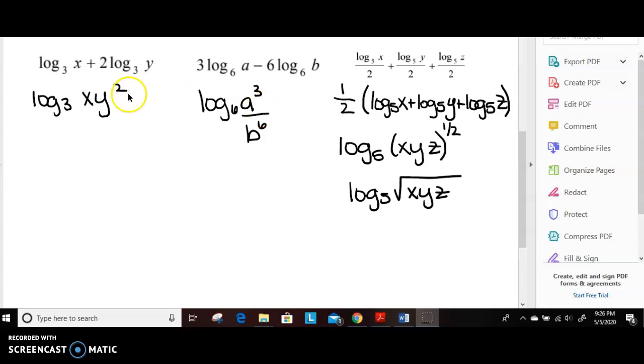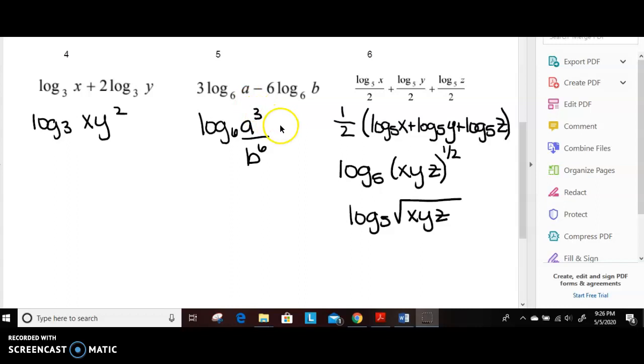All right, and here are the solutions that you should have found. For 4 and 5, those were pretty easy. 6 can be a little confusing because you have all those 2's in the denominator. So I pulled a 1/2 out of everything, okay? So then I did log base 5 of x times y times z, since we had all addition, and walked the 1/2 all the way across the log. And since it applied to all of them here, it applies to all of them here as well. So it becomes log base 5